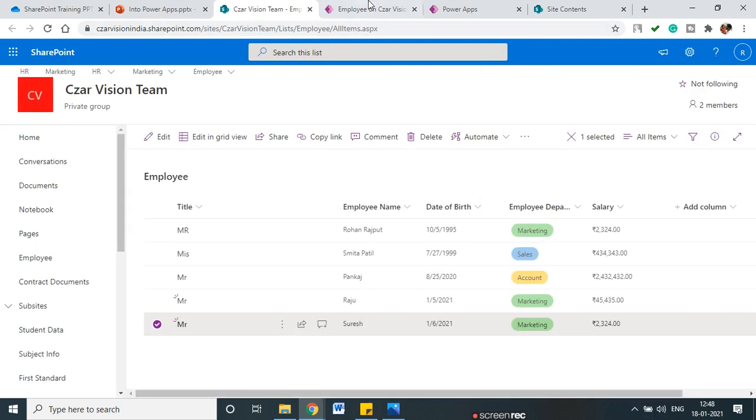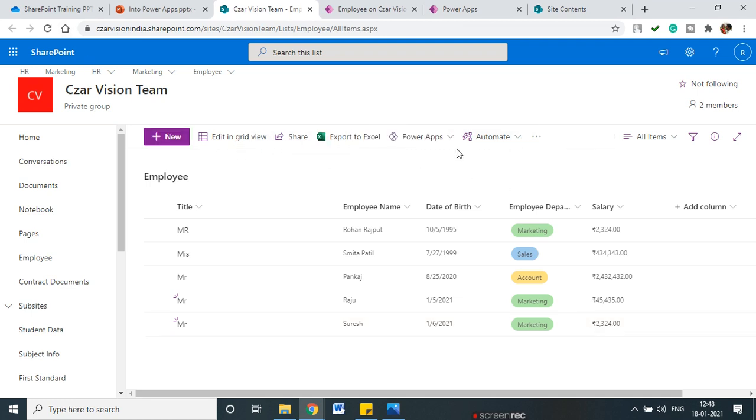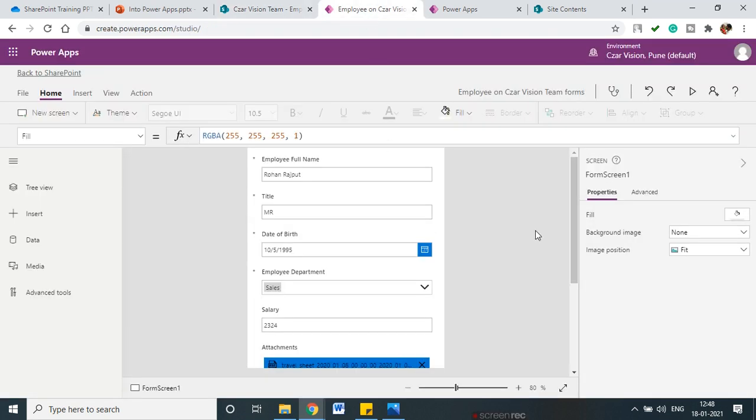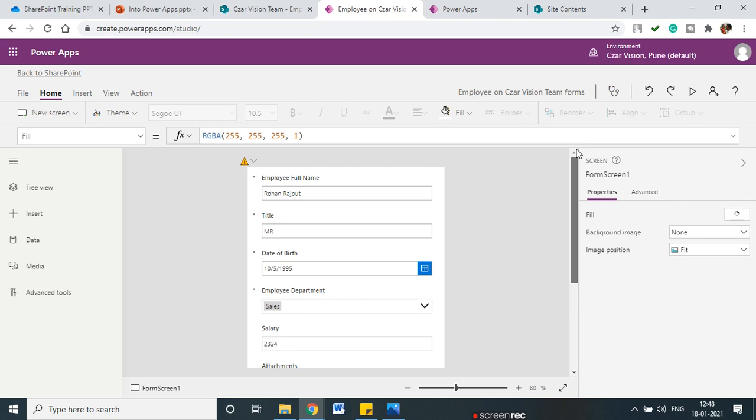So how is this happening? What I did is go to Power Apps, choose customize your forms, and it opens this screen. This is the general layout of our screen. Now someone might say they want to add an attractive header here, like employee form. So you can add